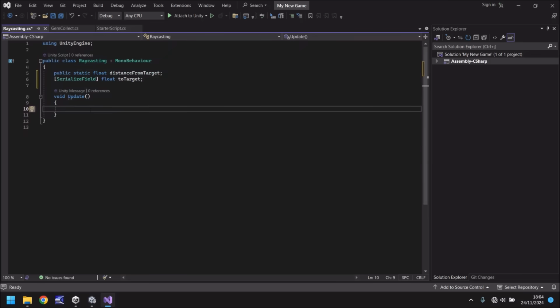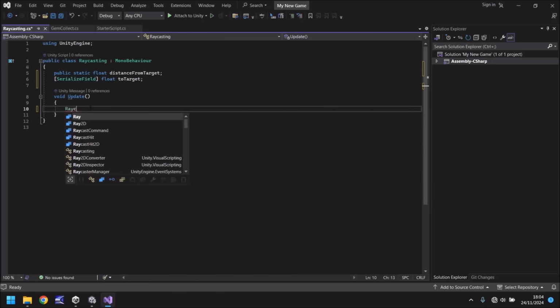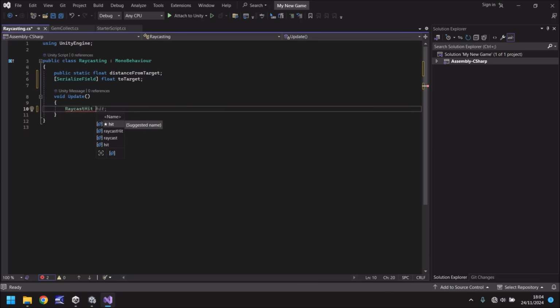Now, we've declared variables outside of methods. However, you can still declare variables inside methods. So we'll do that here as a good example. We'll say RaycastHit. And then we can call it anything we want. Because it's a hit, we'll just call it hit. Something really, really simple. So that means that we're saying, well, what is the value of this? So we can say if